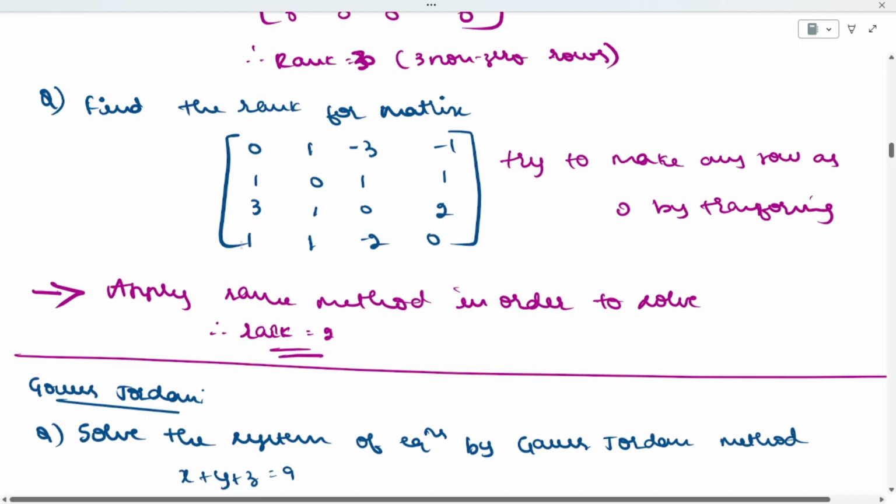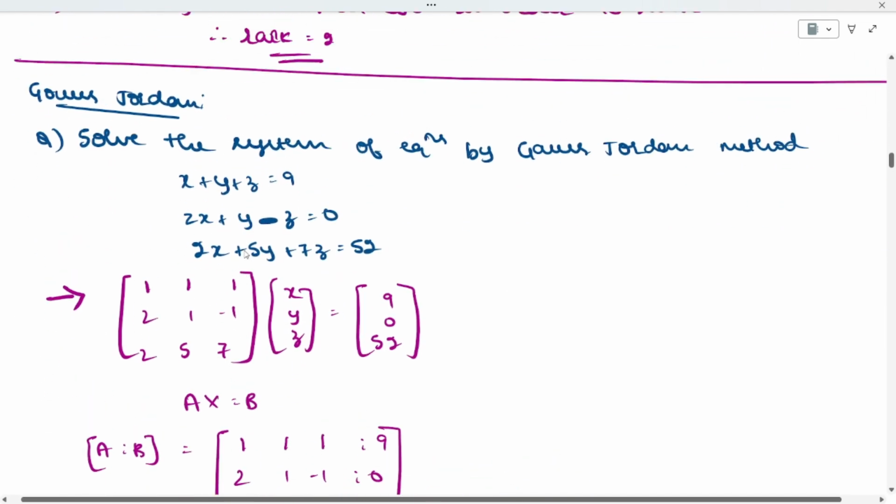Okay. Now the next method we will discuss is the Gauss-Jordan method. They have given 3 equations. You have to solve it by the Gauss-Jordan method. What is the Gauss-Jordan method? It means AX is equal to B, one form will be there. You have to consider that. How we wrote this matrix means